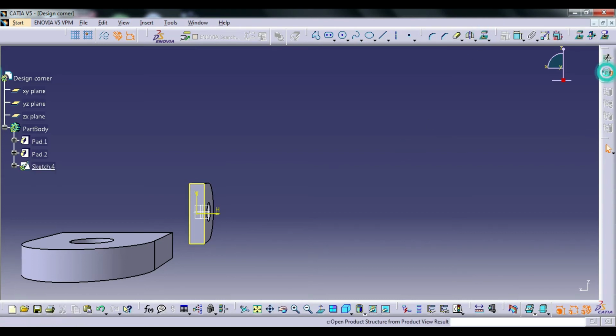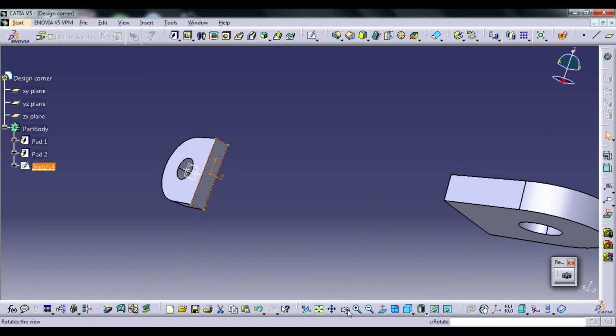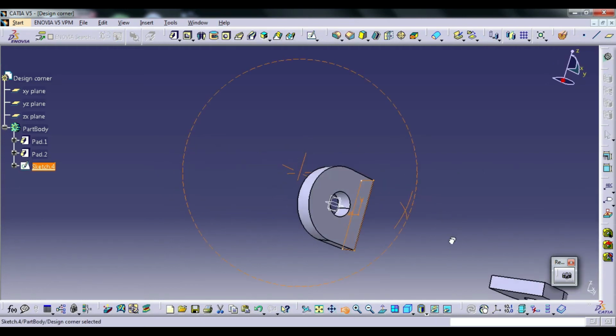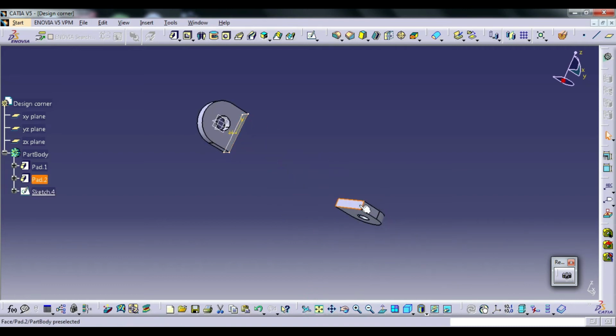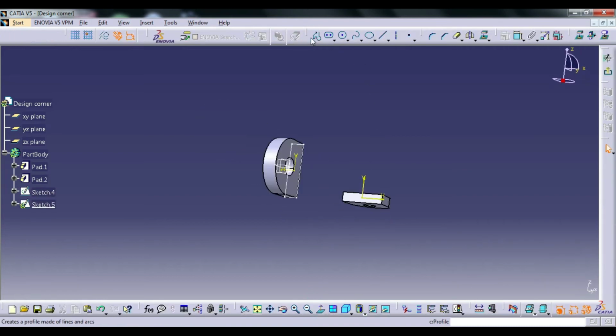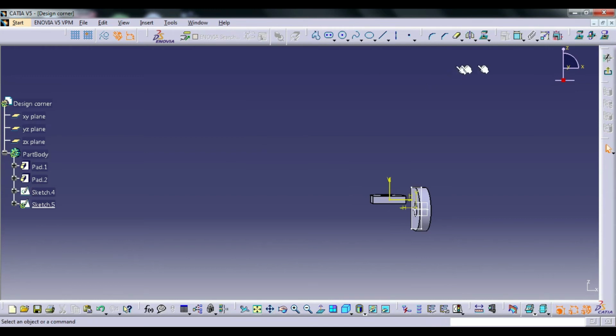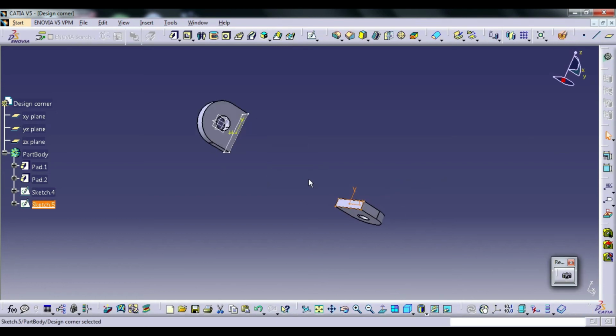After that, exit workbench. Again you do the other face. Click on this face, exit sketch, go to the sketch and give the projected 3D element and click the face. It's completed. Exit workbench.